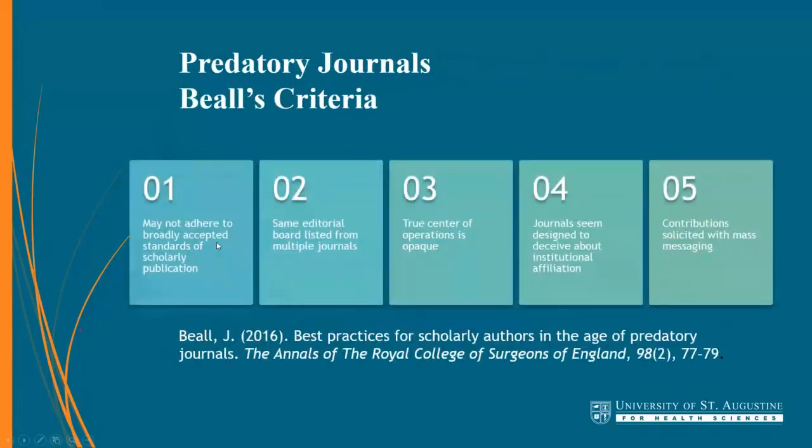I mentioned Jeffrey Beall. He listed a few criteria. His original paper was in 2013, but this 2016 paper really lays it out well. Number one thing is they don't adhere to broadly accepted standards of scholarly publication. So peer review, ethical publication, ethical research, rigorous methodology, they don't care. They just want to get that money transferred and put the paper on the website so they can move on to the next victim. A lot of times they'll list the same editorial board on several different journals, and that